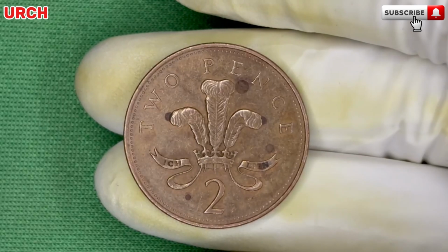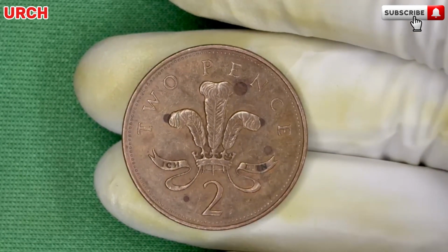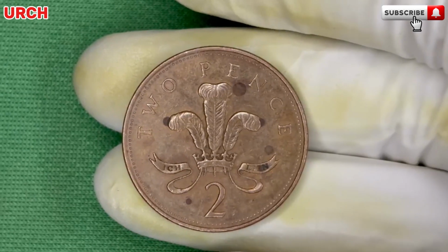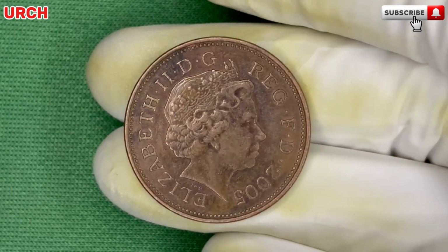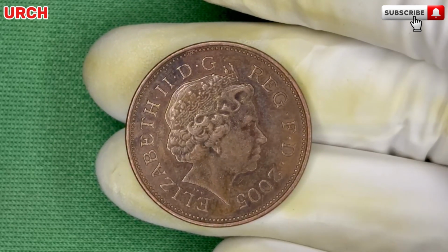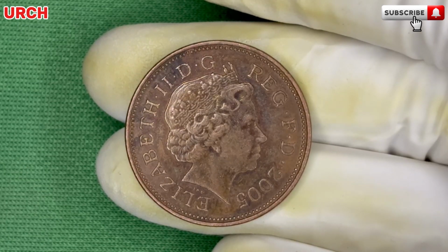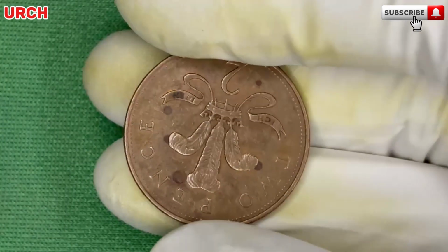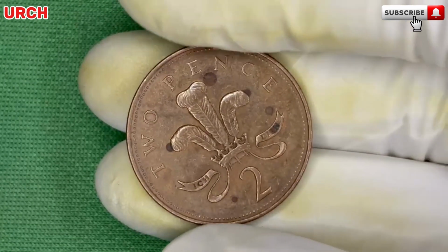She had already graced British coins since her coronation in 1953, and by 2005, the nation had transitioned through several royal portrait updates to reflect her evolving likeness. In 2005, the Royal Mint continued using the fourth official portrait of Queen Elizabeth II, designed by sculptor Ian Rank-Broadley. This iconic effigy, which began appearing on coins in 1998, was noted for its realism and mature dignity,